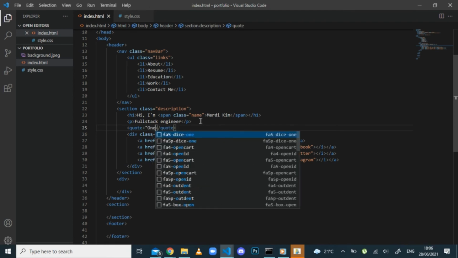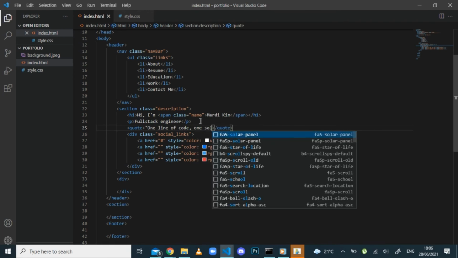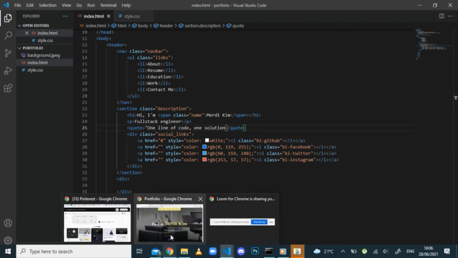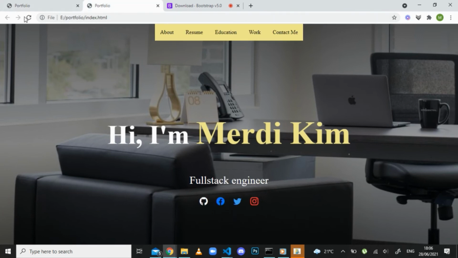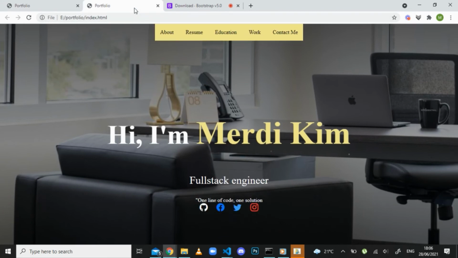It's one line of code. I really like that one. One line of code, one solution. Let's give it a try and see. Okay. Oh, that's not how our project is here. We refresh and it's there. Okay, it seems to work,